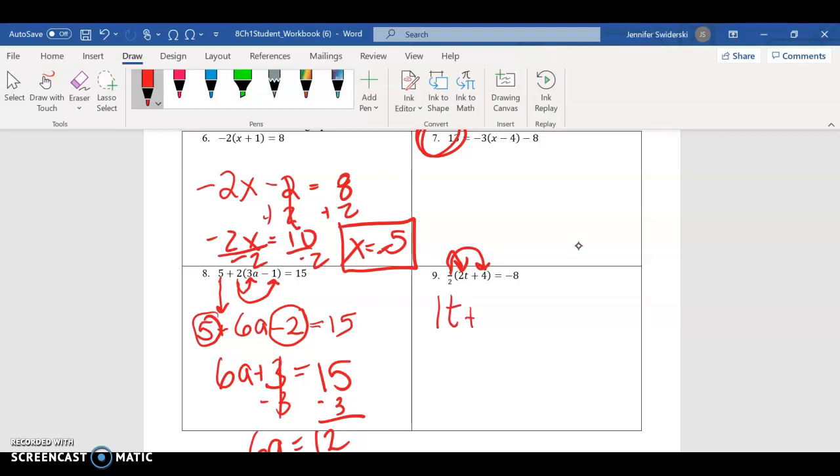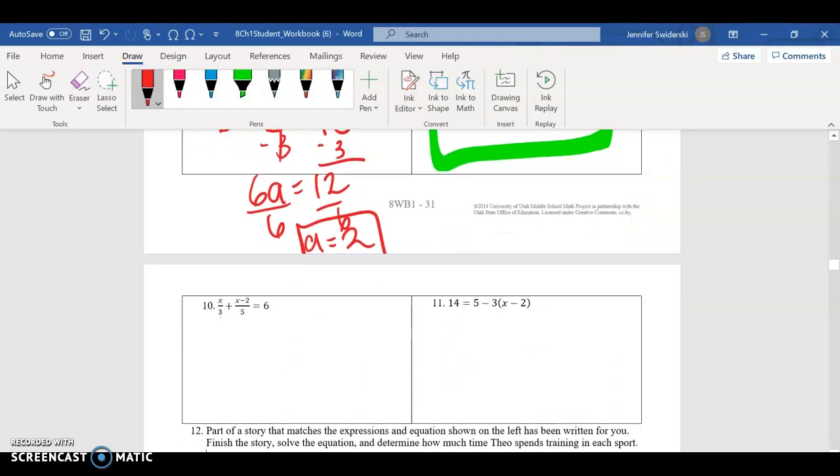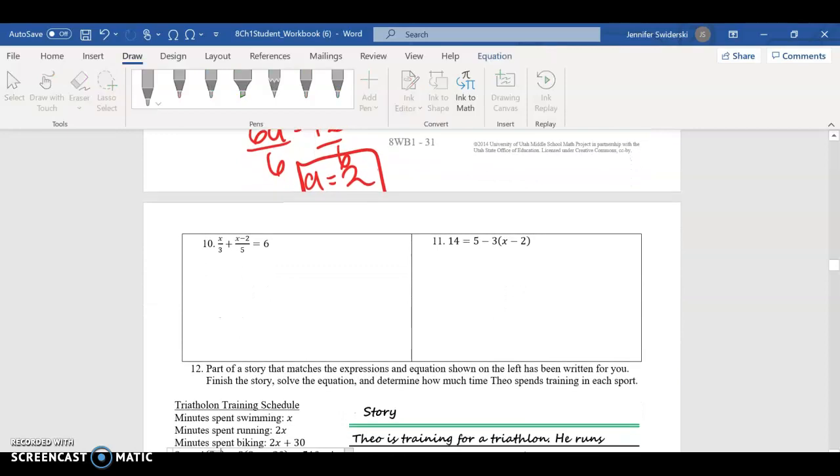Plus, what's 1/2 times 4? Or what is a half of 4? 2. All right, I want you guys to finish that one on your own as well. And we're going to scoot on down to